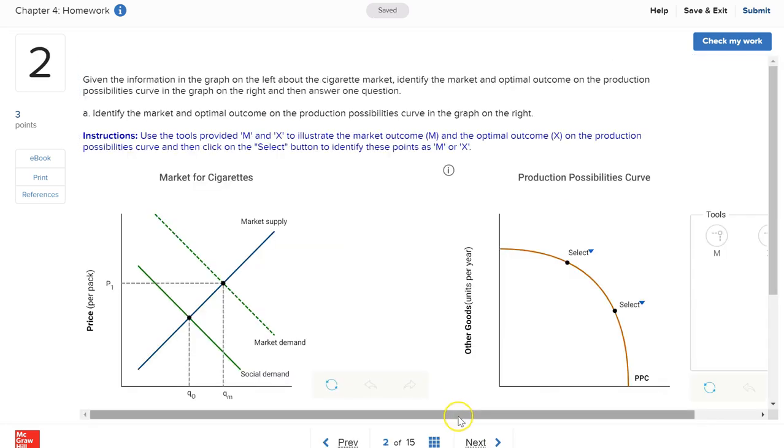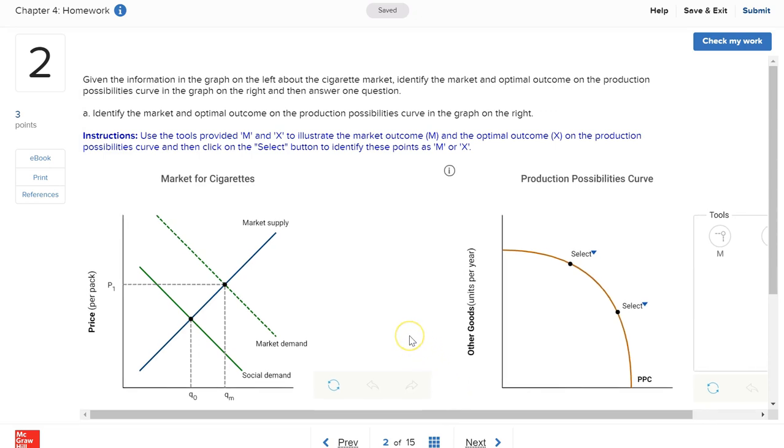Number 2 is a similar problem, and it's also about market failure, in this case externalities. It asks you to recognize that there is a market mix, as indicated by the market for cigarettes, the market demand, which is this dotted line, and then the social demand, which indicates the socially optimal demand. If we think about the market for cigarettes, what's socially optimal is going to be a lower level of demand, as deemed by the government when it intervenes because it sees this market failure of these externalities that